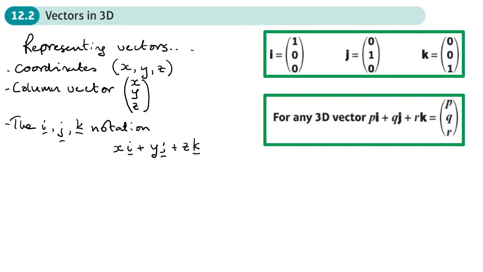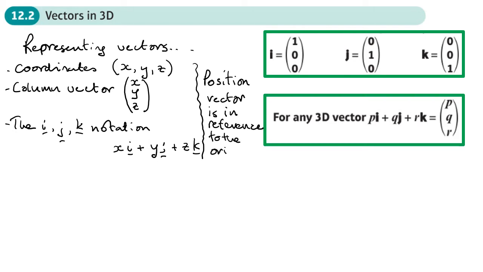Now all of these are with reference to the origin. Okay, so these are what we call position vectors. A position vector is in reference to the origin. Now you can get something called a displacement vector,